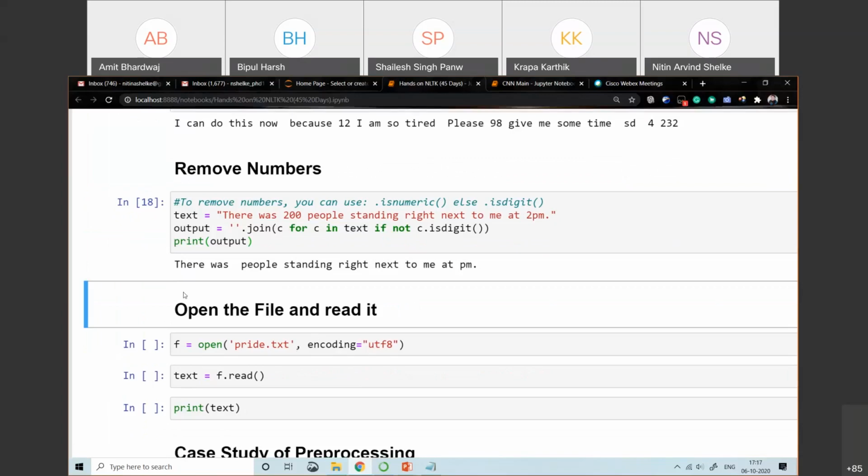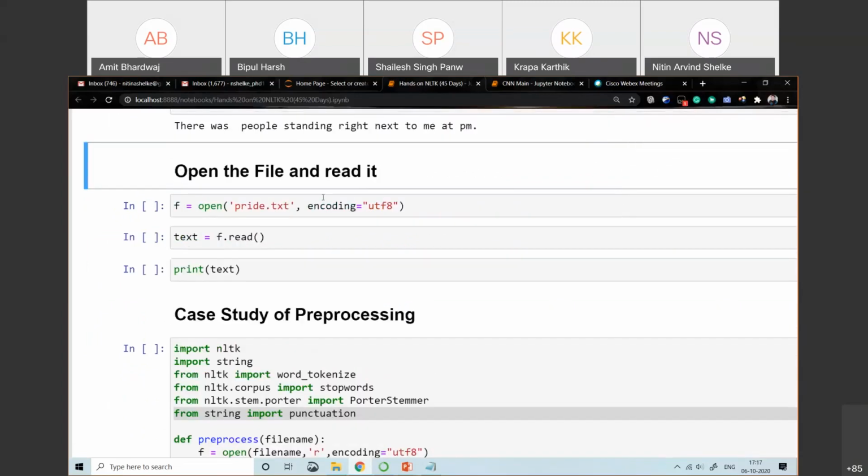Now from this part I'm starting this session. We will open the file and read it, and after that we'll go for the case study of pre-processing. Now let's start with today's actual part. So how to open the file? To open a file in Python, we have the open function. This pride.txt file is present in my root directory.